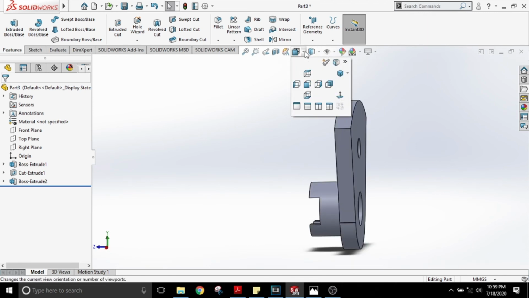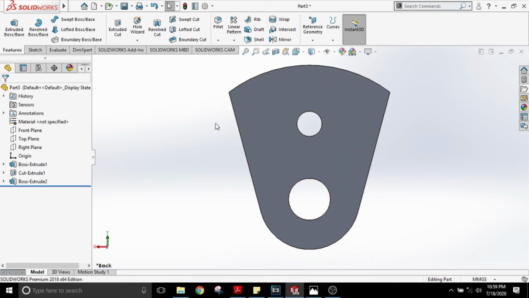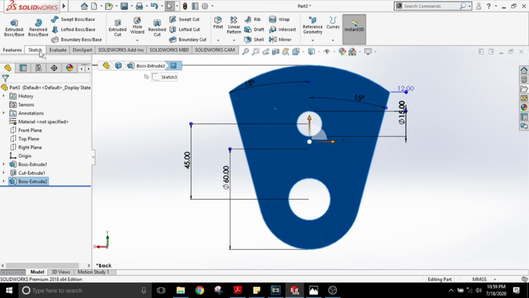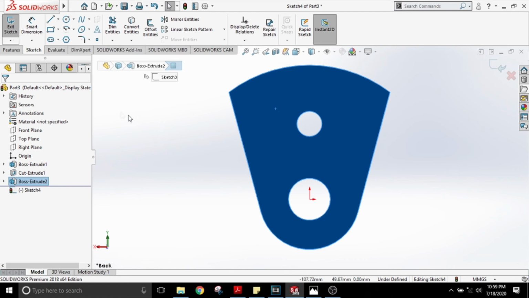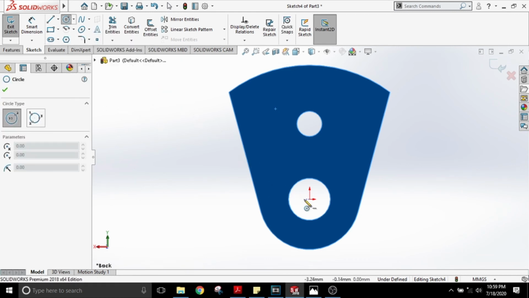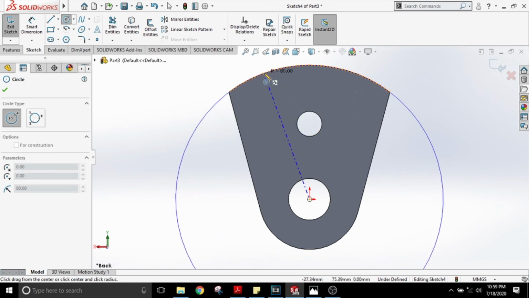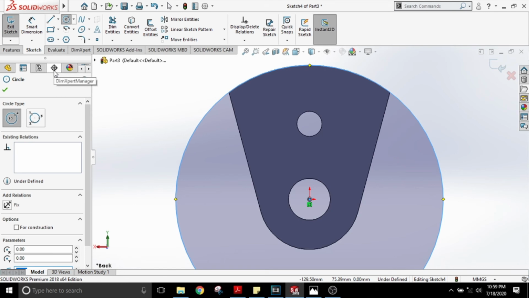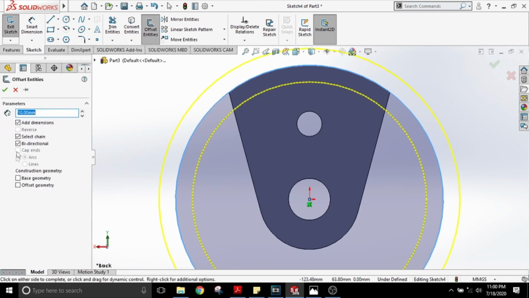change isometric view into back view, and then click the back of the surface and click Sketch. Okay, next, click circle, and then click Offset Entities, and then unclick Bidirectional, but choose the Reverse parameters. Click Parameters, click Reverse,